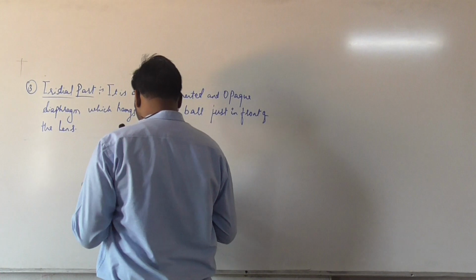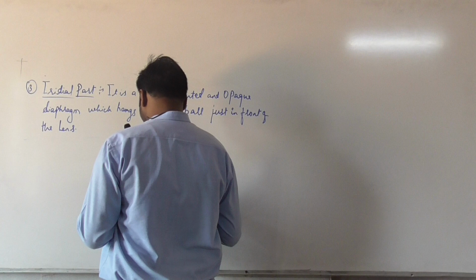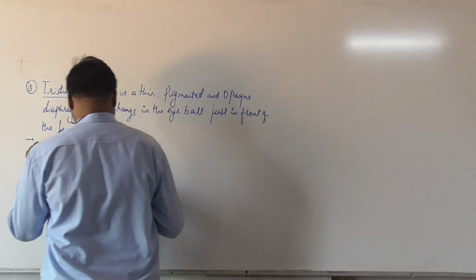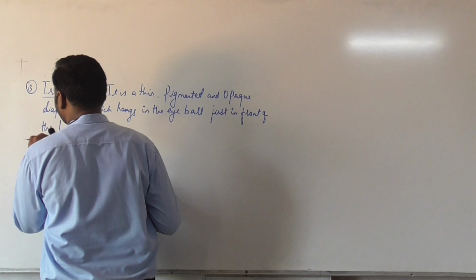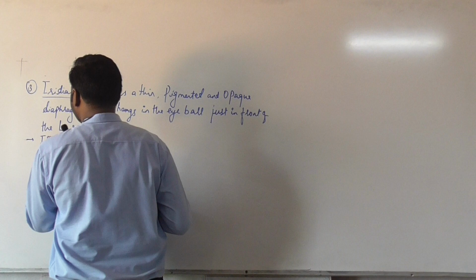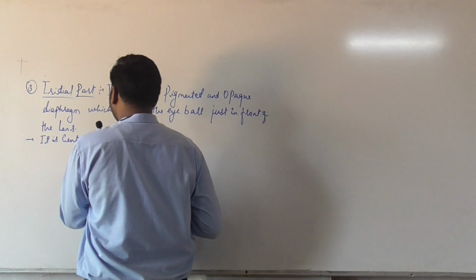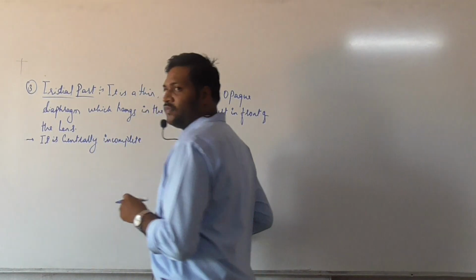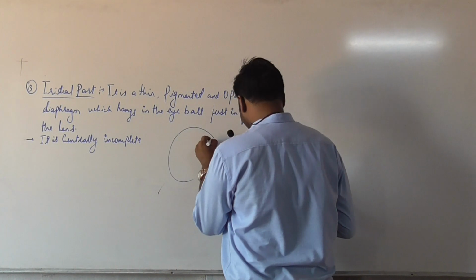Next point. It is centrally incomplete. So we have seen the structure of the eye, right? So in this region you can see